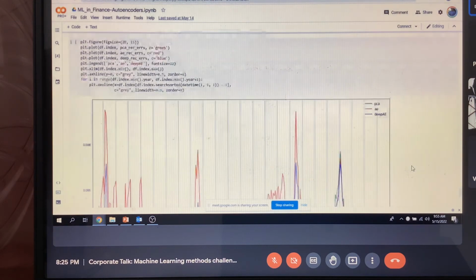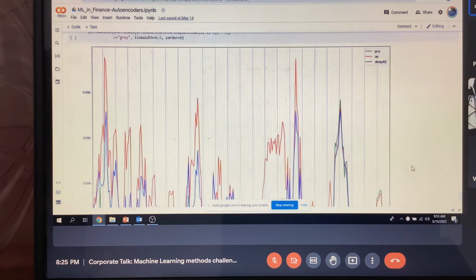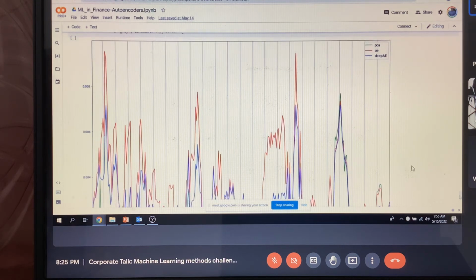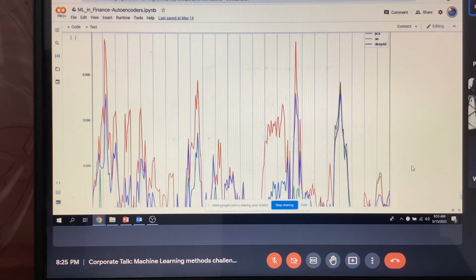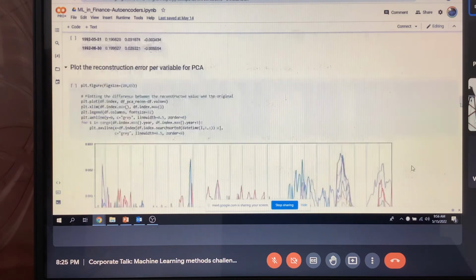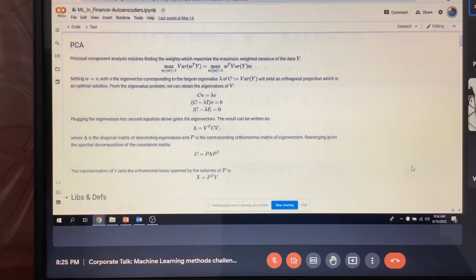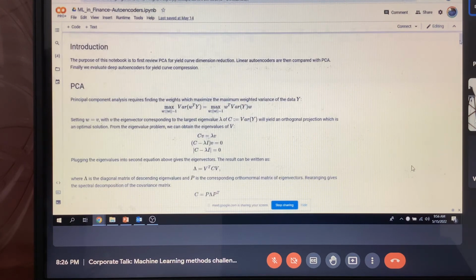And let us see the comparison. Now you see, obviously PCA is a perfect closed form, but look at this. You have a basic linear autoencoder, and also you have a deep autoencoder. The red one is the basic autoencoder, and the blue one is the deep autoencoder. So you can see the deep autoencoder still does pretty well. So it is possible to use deep autoencoders for dimensionality reduction when you have a large number of variables.